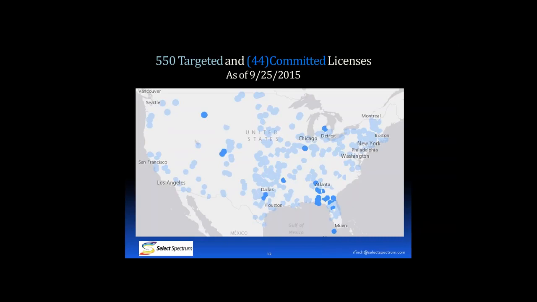So this next map shows you that we have a long way to go in terms of actually getting a number of committed licenses in the auction. We've frankly been doing better on the bidder side than we have been doing on the lessor side, the license holder side. There is quite good spectrum depth in some of these areas in the southeast, in northern Florida, and in Georgia and Alabama. That's a powerful area for us.